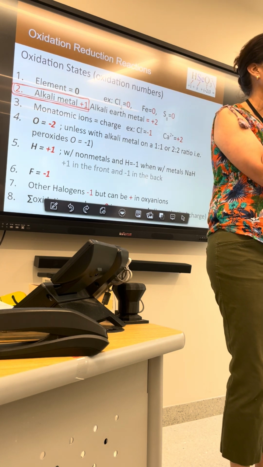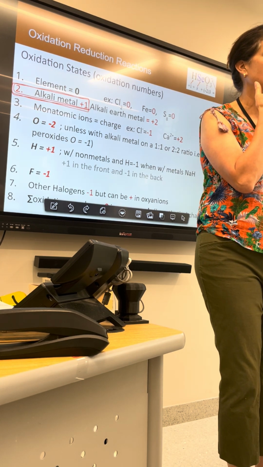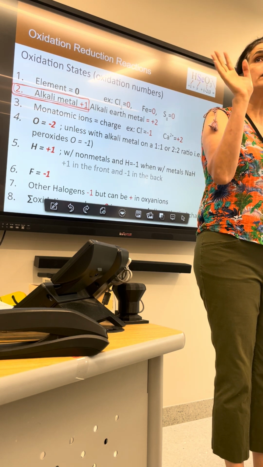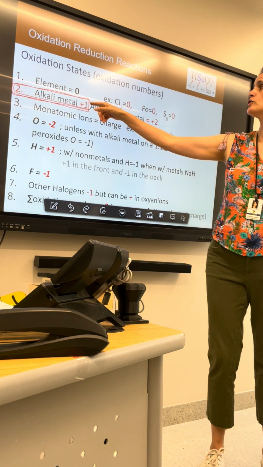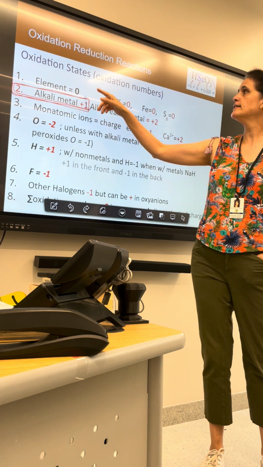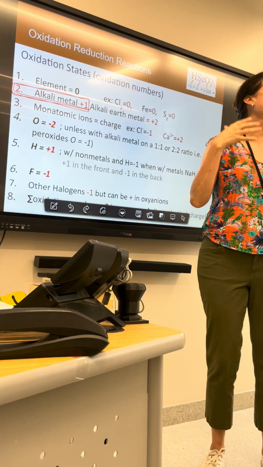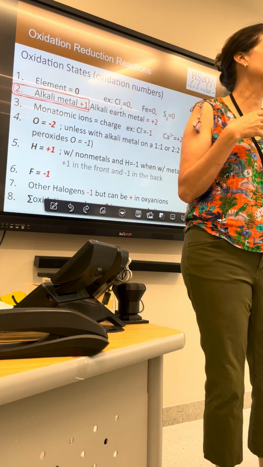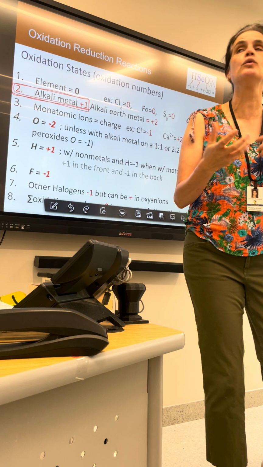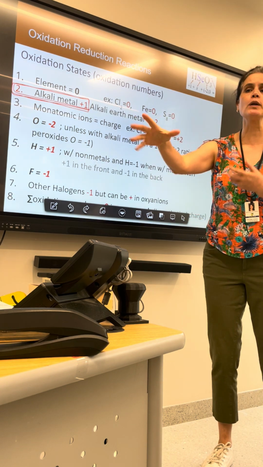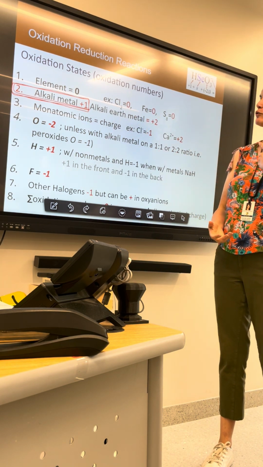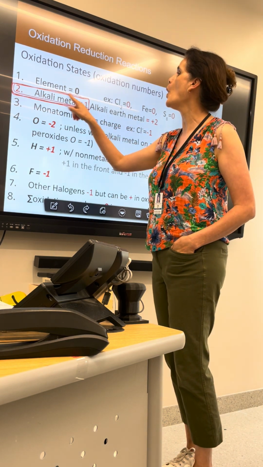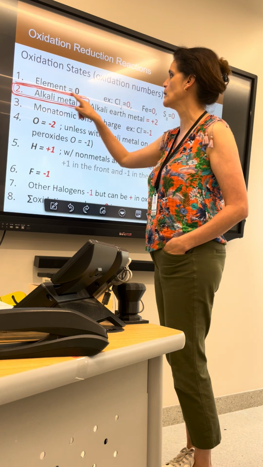Yes? So the elements that are all zero, that's everything but the alkaline earth, like the ones we're talking about? No, they all have zero. This is when it's combined. These oxidation states happen when you are combined. You don't have oxidation states when you're by yourself, but when you're combined, you do have them. That's when you get rid of your electron and you're assigned your -1 or +1. So when you are combined, alkali metals will always, always, always be +1.